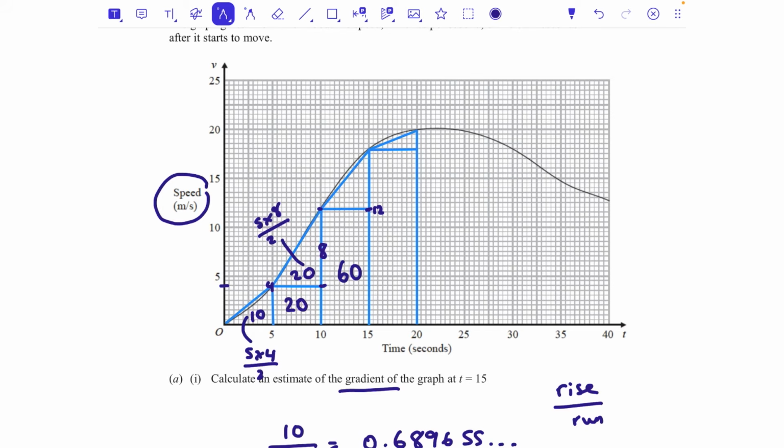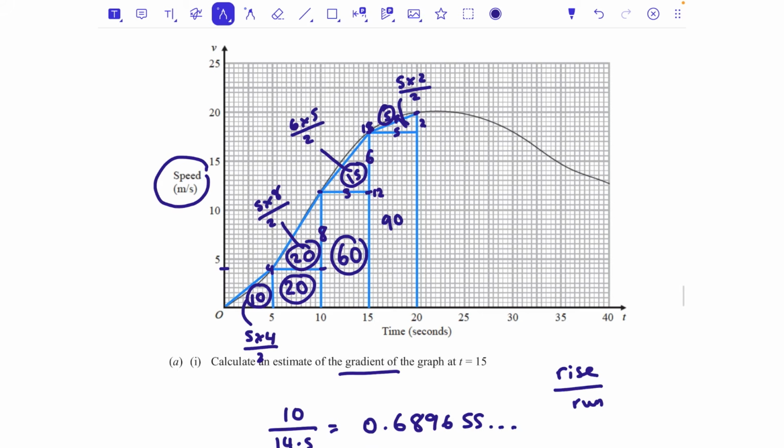is 60, and for the triangle at the top, the height here is going to be 16, 17, 18, so that is 6 times 5 divided by 2, which is 15 for that section. We circle these so I don't lose track of what my areas are, and then up here, this is going up to 20, so this has a height of 2, a width of 5, 5 times 2, divided by 2 is just 5, so I've got 5 for the area of that bit, and then the rectangle is 5 times